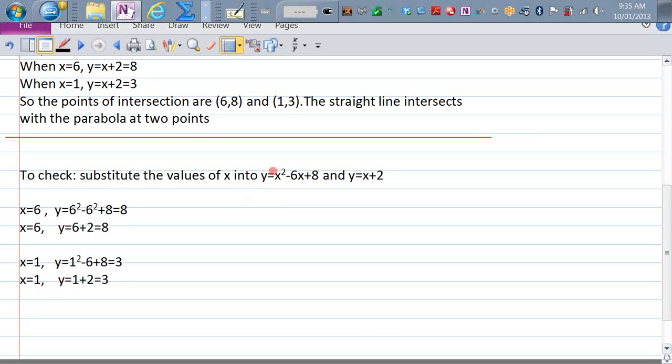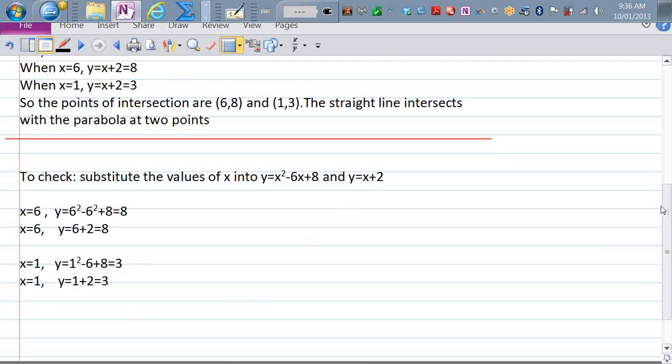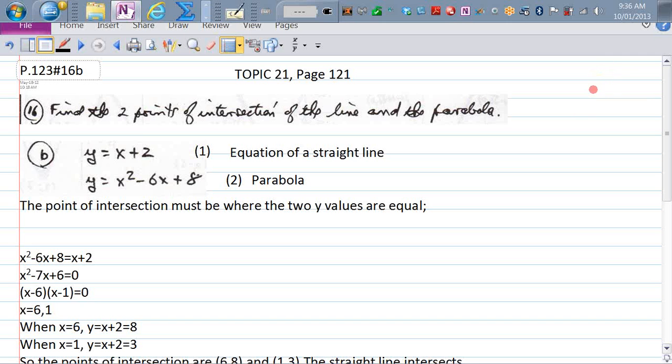The other point at which they intersect is x equal to 1. If that's the case, we put 1 squared minus 6 times 1 plus 8, which is right over here, and that works out to be 9 minus 6, or 3. If we put it into the x plus 2 equation, we get 3. So that completes our discussion of